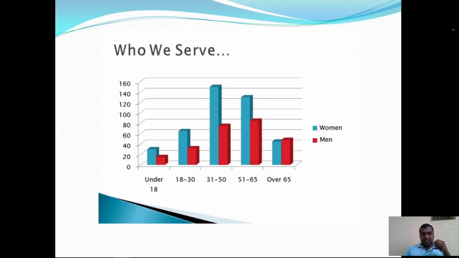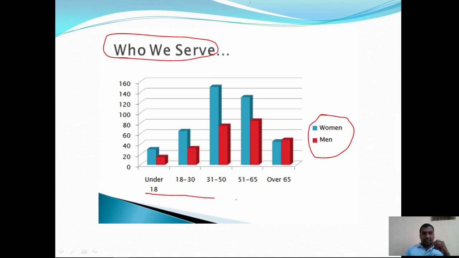Okay, so this is the title of the chart, I already told you, and these are the legends. We are using different colors to represent the values, and these are the vertical bars, and this is the horizontal axis or x-axis, and this is the vertical axis, which we call the y-axis. Okay.